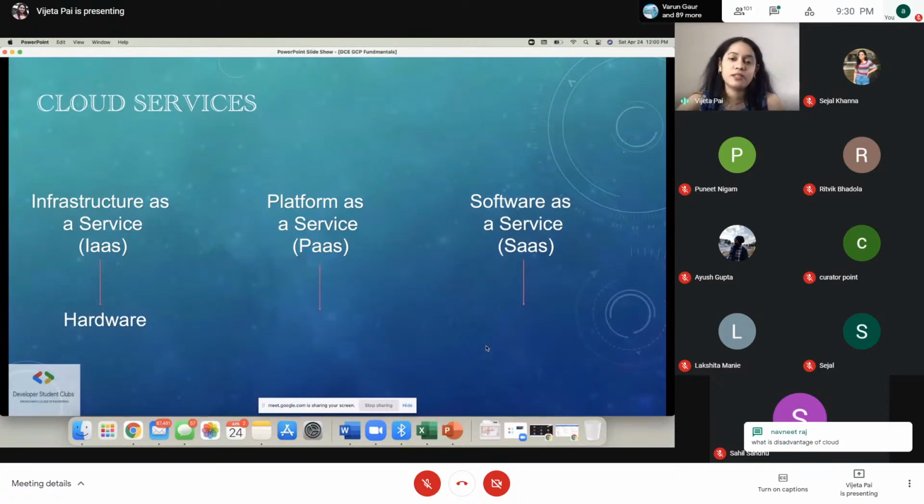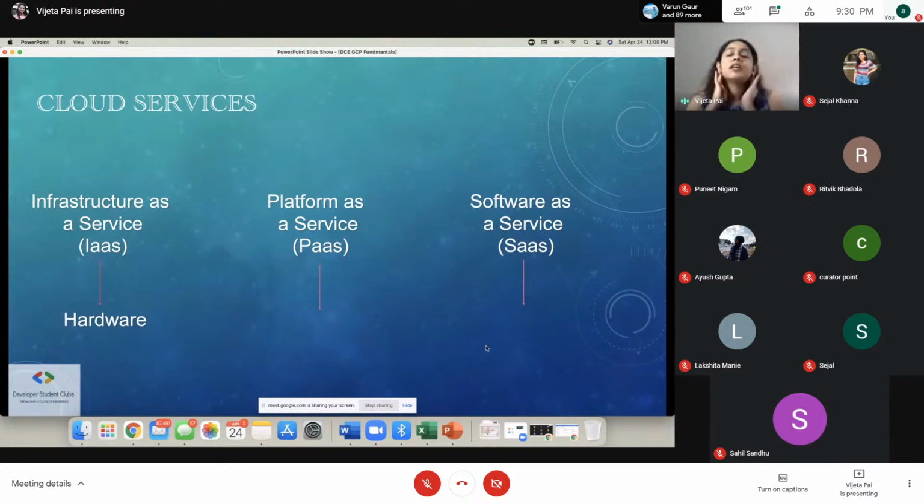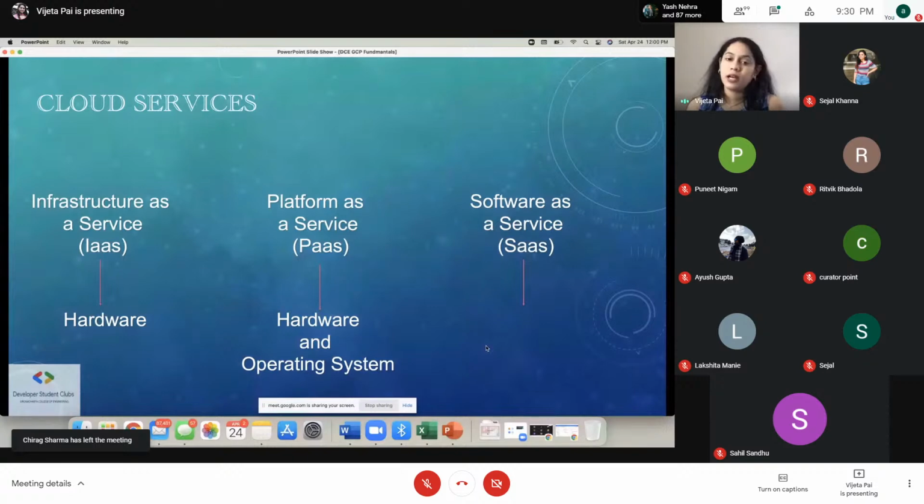Next, we have platform as a service. What is platform as a service? In this, think about this like a semi-furnished house. You are given a house and you're given light, fan, and all the basic amenities, but you have to buy your own furniture, your own bed, your own sofa, and everything else on your own. That is platform as a service, where the hardware and the operating system is provided to you by Google Cloud.